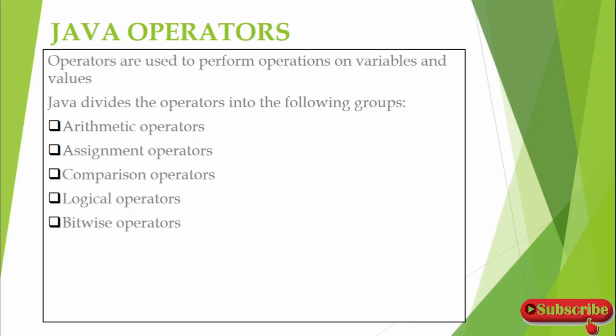So in this video, let's see what are Java operators. Operators are used to perform operations on variables and values. This can be done with multiple operators, and they have been divided into groups like arithmetic, assignment, comparison, logical, and bitwise. Most of these operators are widely used in our code, so please make sure that you understand the need of each operator so that we can utilize it in our programming properly.